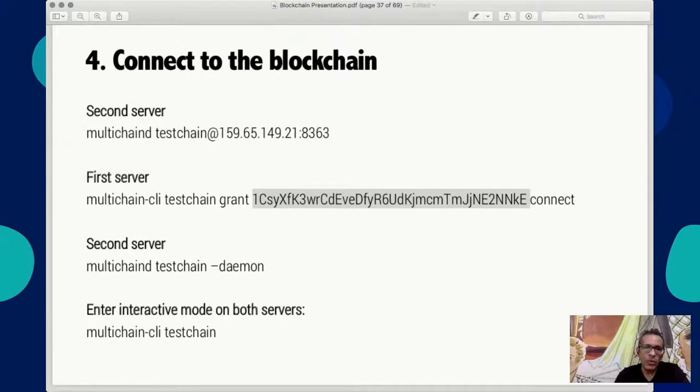Everybody who creates a node gets an address for that node, and that is that node. Can we run this command? Yeah, you can use terminal. Now, when you set up multichain on your node, it will give the node address. You have to send it to me by email or whatever form you want. After I receive it, I will log into my system and grant you the permission.